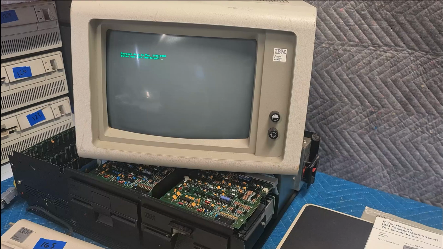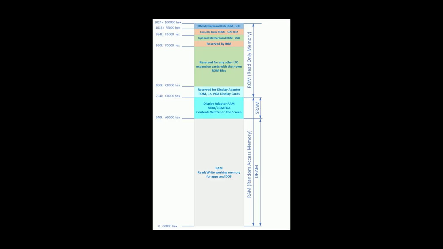Very frustrating. So, in order to diagnose this problem, I ended up doing a bit of a deep dive into the XTIDE card and how it works. So let me share that with you first, but first, obviously, you need some background. This is the IBM PC memory map. Back in 1981, the IBM engineers designing the 5150 PC chose the Intel 8088 CPU, which could address up to